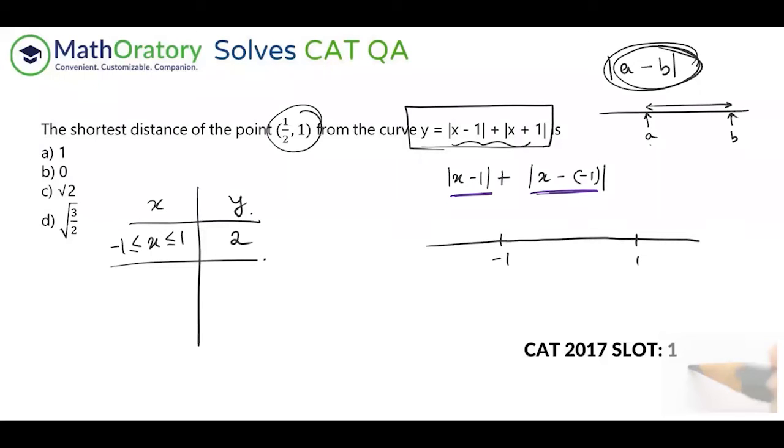If I put the value of x somewhere on the right of 1, now again interpret these two things. So mod of x minus 1, that is the distance between x and 1, will be this distance, isn't it? And mod of x minus minus 1 will be this entire distance. Now what happened? See, this distance is anyhow counted. That was this 2, right? So this distance of 2 is anyhow counted.